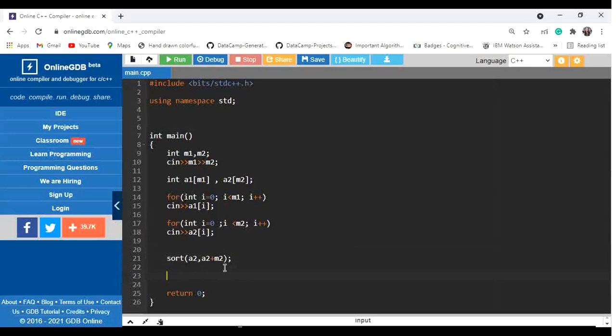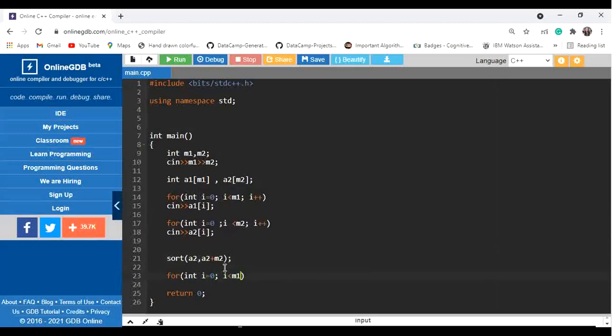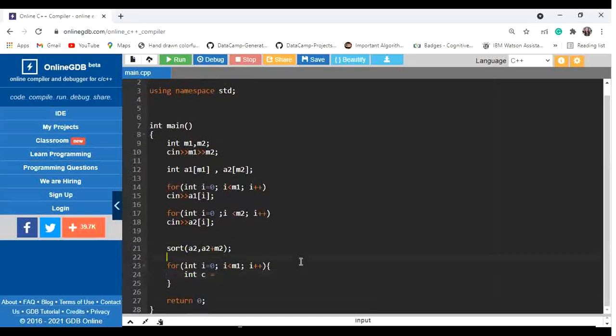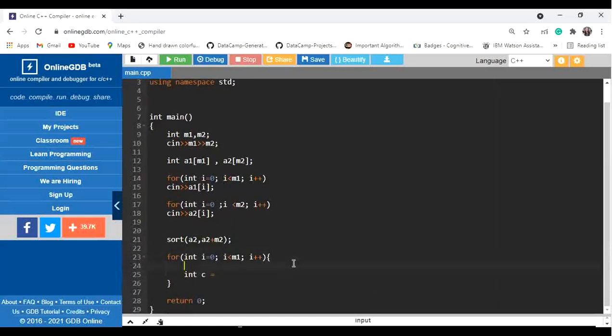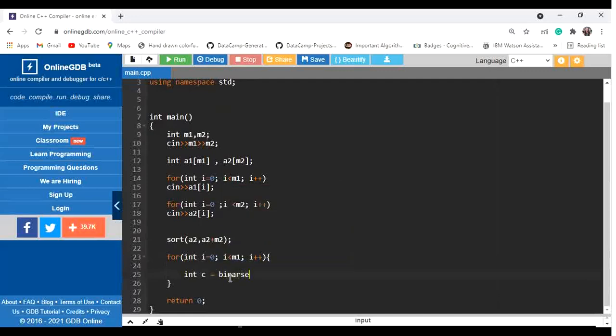Now we will simply run a loop, int i equal to 0, i less than M1, i plus plus. Here we will take an integer variable, that is C. From here we will call the binary search function, which we will implement. We have to do the binary search on array A2.